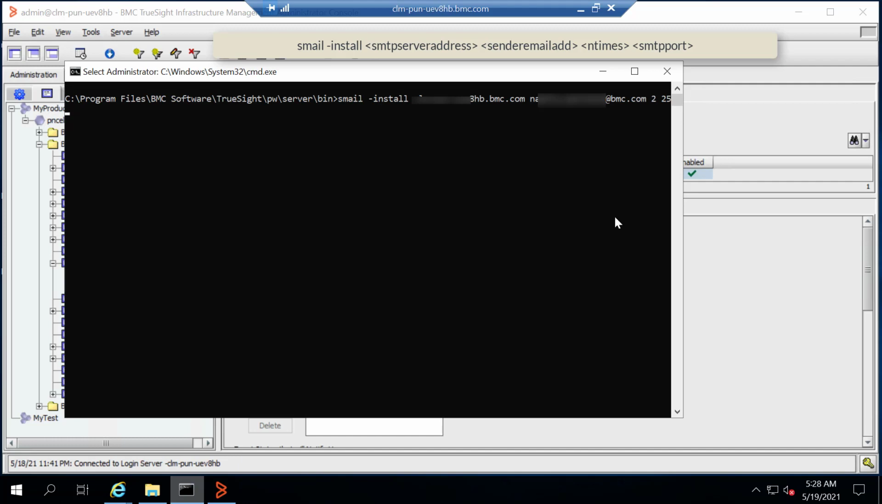If the smail command does not work, then it means SMTP server details are not stored in OS and you should register manually using command smail-install. You need to execute this command from pw server bin